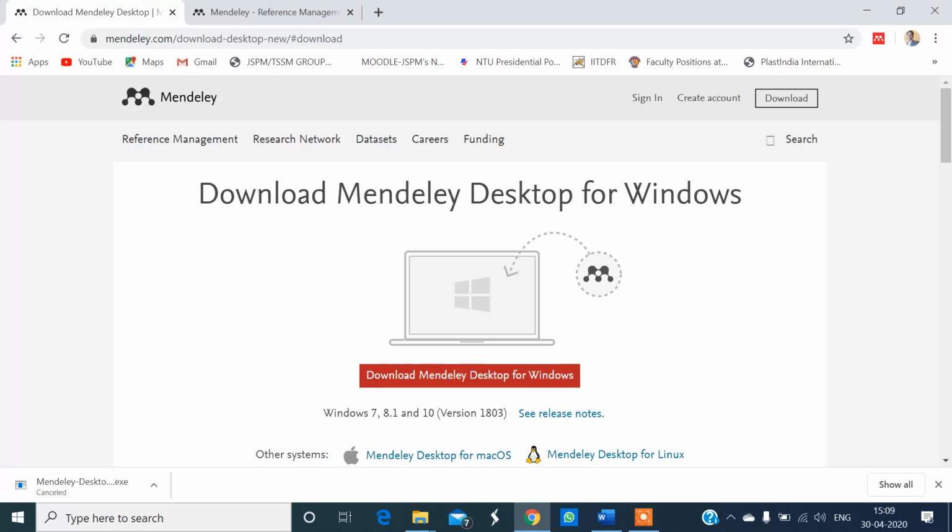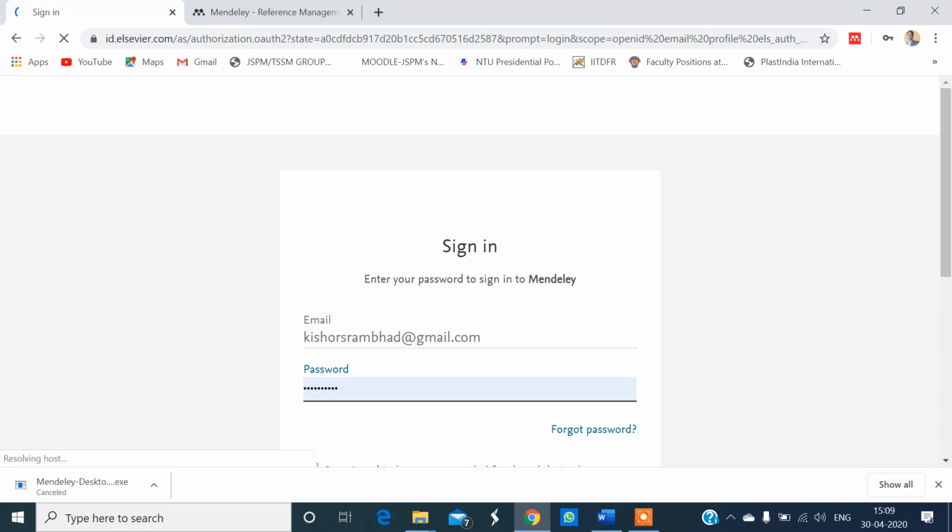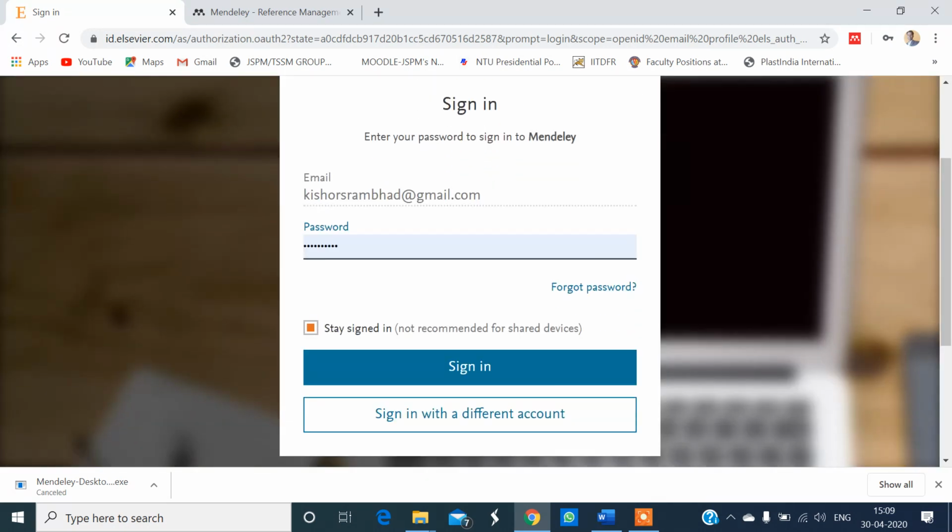For using Mendeley Desktop, registration is very important. Therefore, you have to create an account. Click on create account. Since I have already created the account, I will click on sign in. I will write my user ID and password.